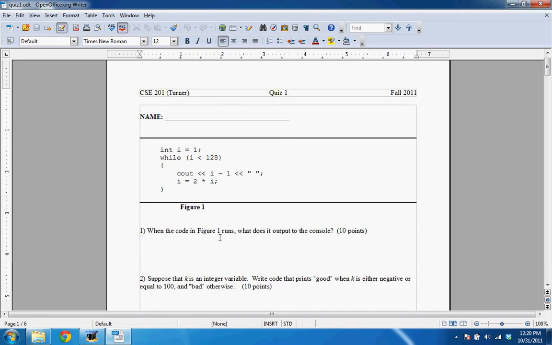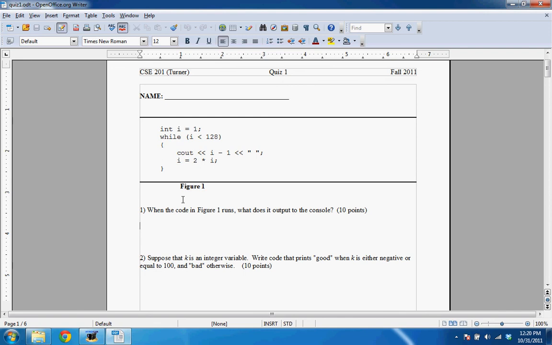Okay, when the code in Figure 1 runs, what does it print? And let's do that. So once again, we basically have to read this, right? And we have to make mental notes of what are the variables and what are their current states as we walk through execution of the code. So we start here, we declare a variable I, and we set it to 1. So we make a mental note of that. And we enter into this loop,